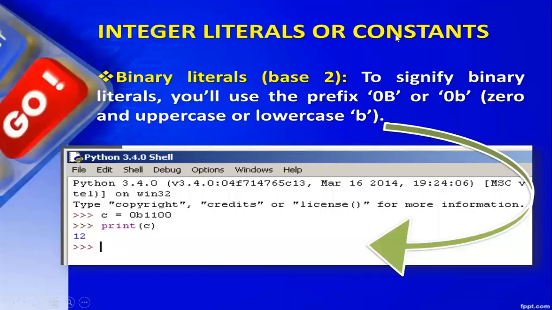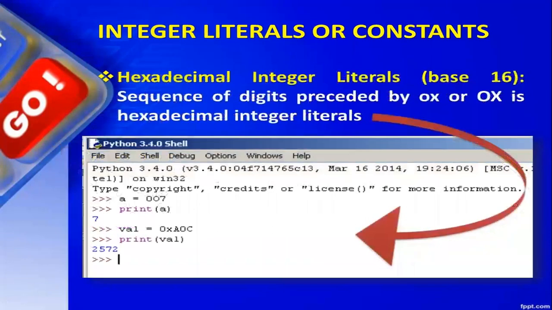Okay, we'll continue from here because this slide was skipped somehow. We can also use binary literals in Python, and to tell the interpreter that the literal you have given is in binary form, you have to write 0 with a capital B or a 0 with a small b. Okay, so let's practice these three things right now.